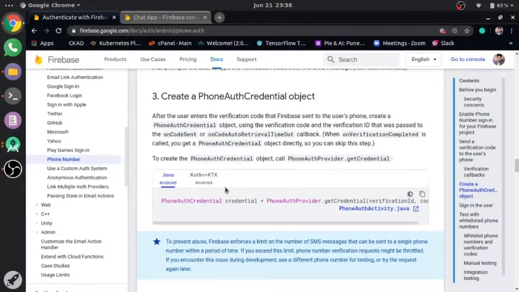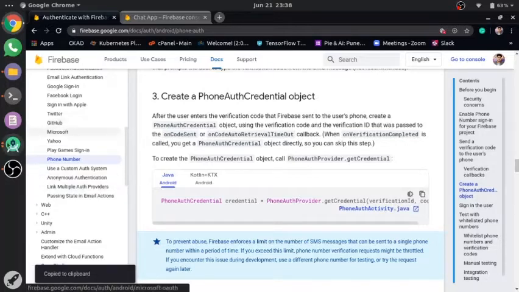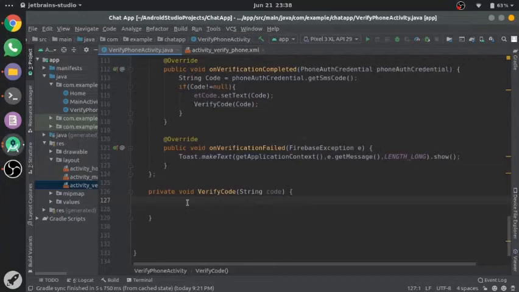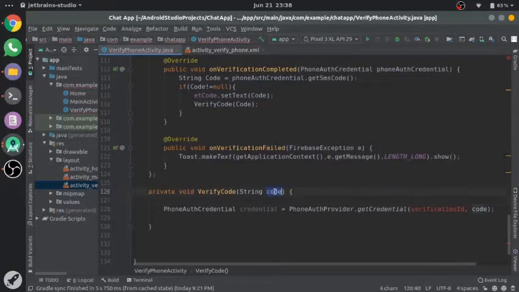You can copy this code and paste it here. Inside the verification code, we are creating the credentials. Replace it with the code.